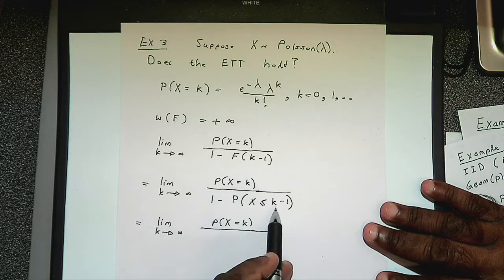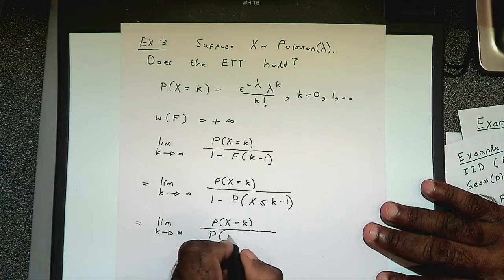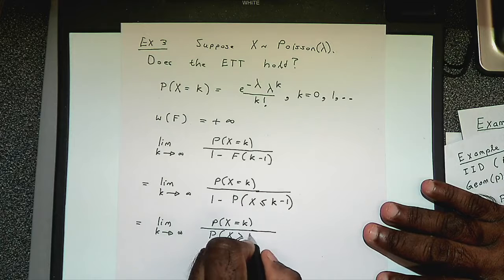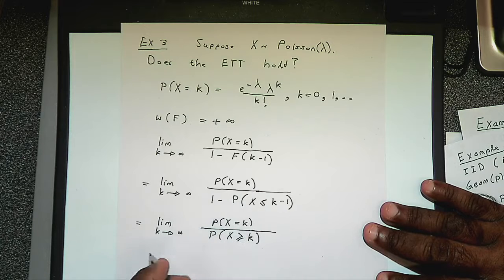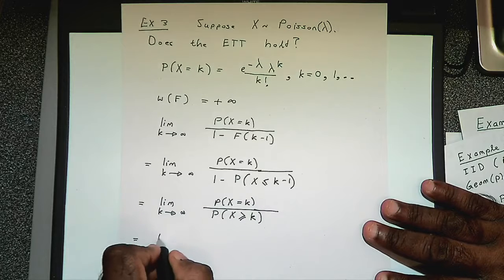So 1 minus of this will be the probability that x is greater than or equal to k, right? And this is the limit